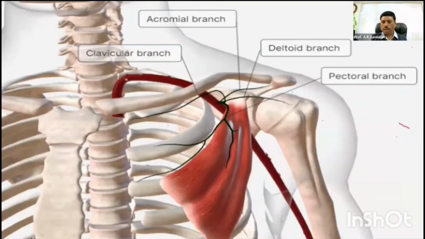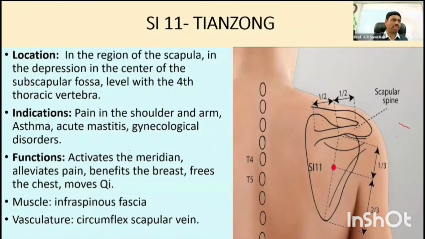Then further, there is a point called Tian Zong. I love this point so much. That point to be known as Tian Zong SI11, where the point is located at the upper 1 by third, lower 2 by third of the pit of the scapula, and also there is the spine of the scapula where the point is located. Remember this to be known as the spine of the scapula. So this entire line, this bone, to be known as the spine of the scapula.